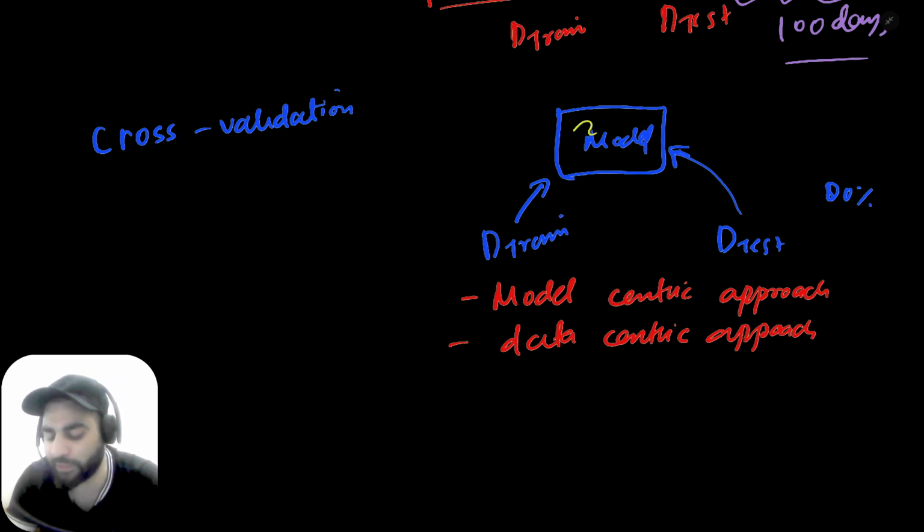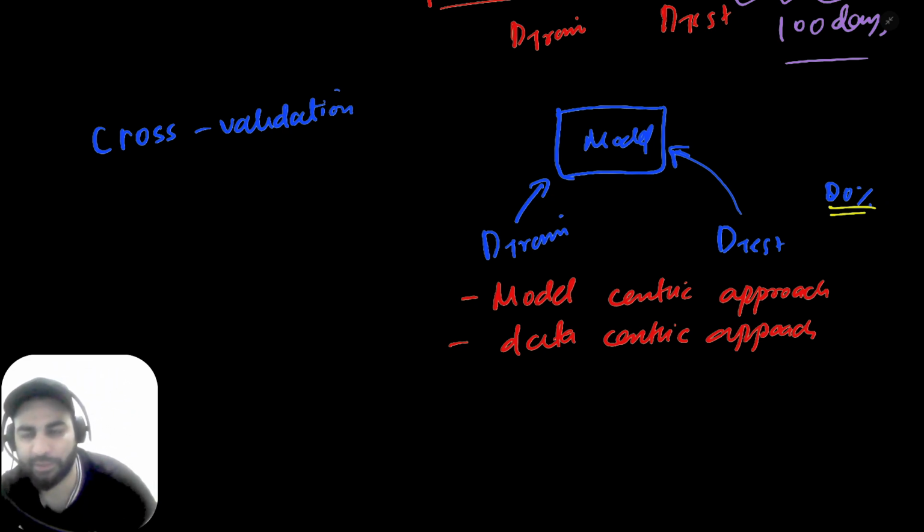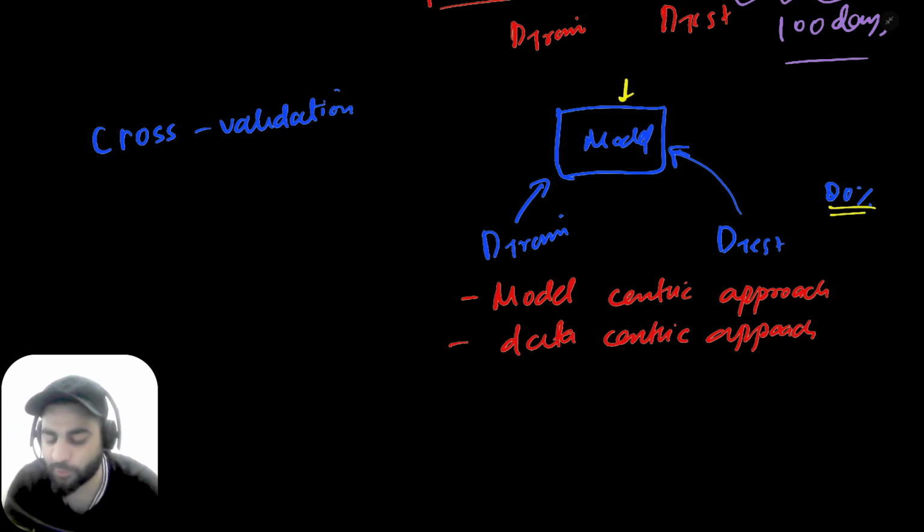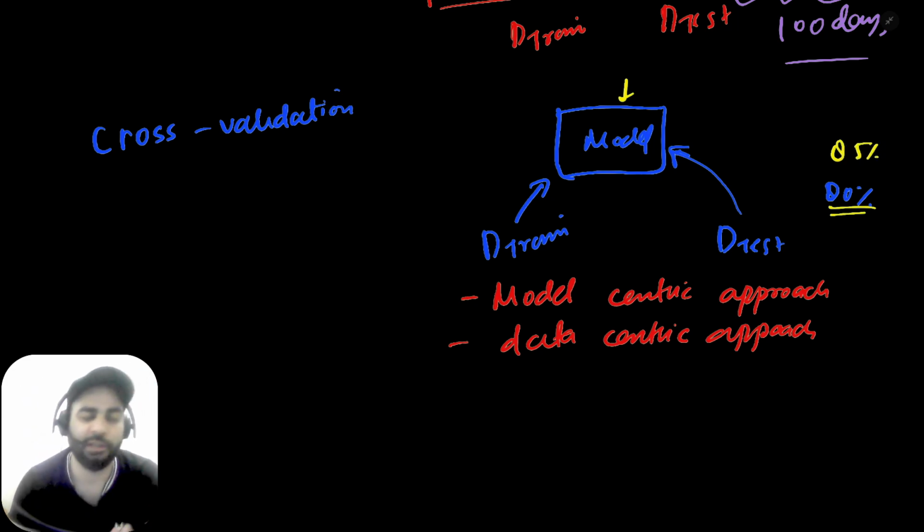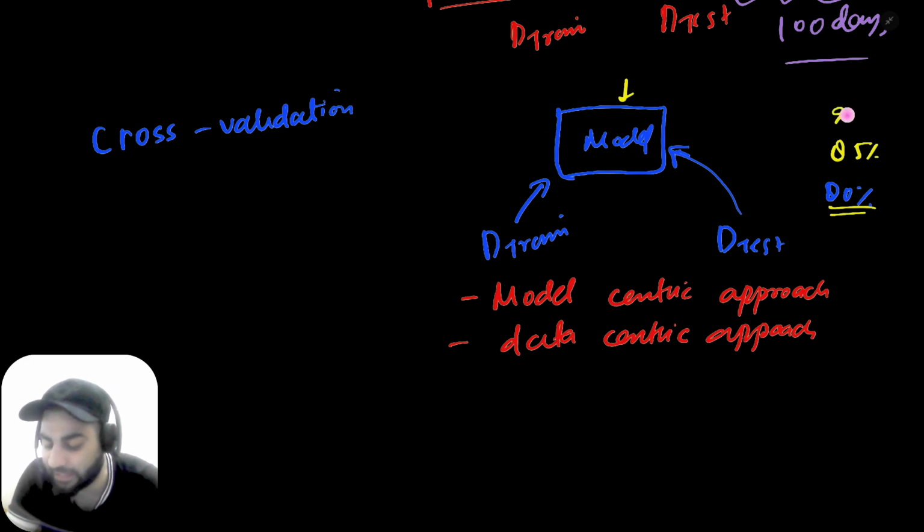I'm telling you that we train the model on D-train, and then we test it. We got 80% accuracy. Then we set the hyperparameter again. We say no, something is wrong. Let me set this hyperparameter again. So I set the hyperparameter, and I test again with the data set. Now I got 85% accuracy. I said no, this is not even good. So I again tweak the hyperparameter. Now I got 90% accuracy. Because this accuracy increased while I was testing it,